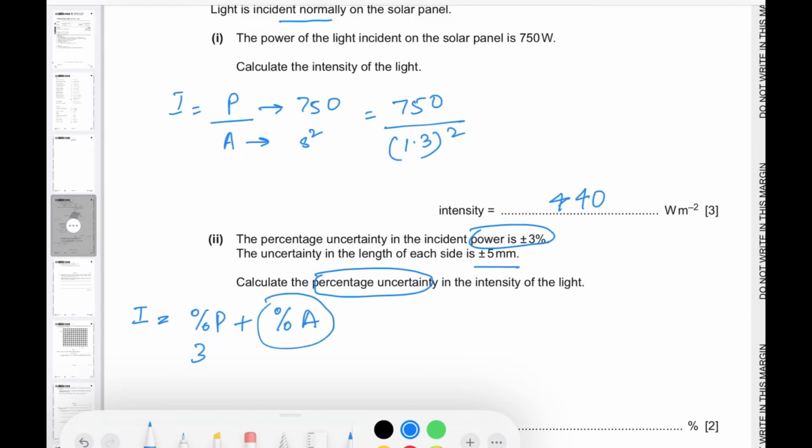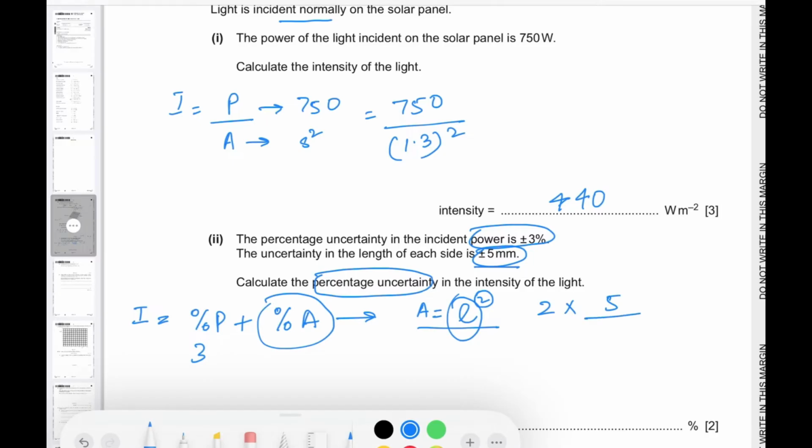To find the percentage uncertainty of area, let's start with the fact that you are given the uncertainty of length and not area itself. So area will need to be considered in terms of length, which is length squared, and if you want to find the uncertainty of area using the uncertainty of length, you would multiply the power of length, so that's 2, with the uncertainty in length, and that is the value of uncertainty, that's 5, divided by